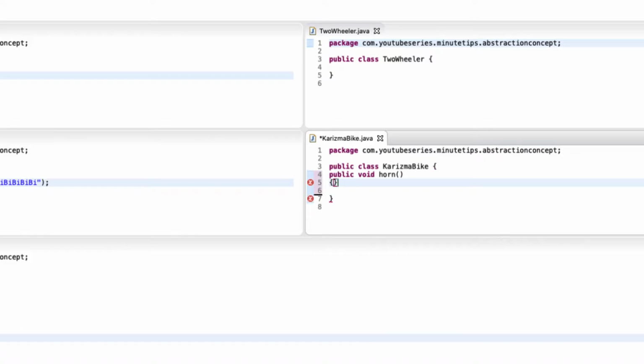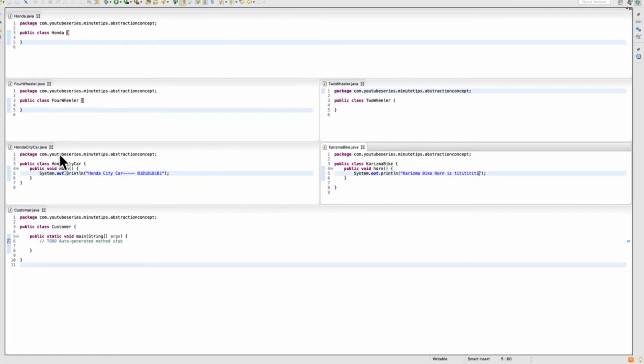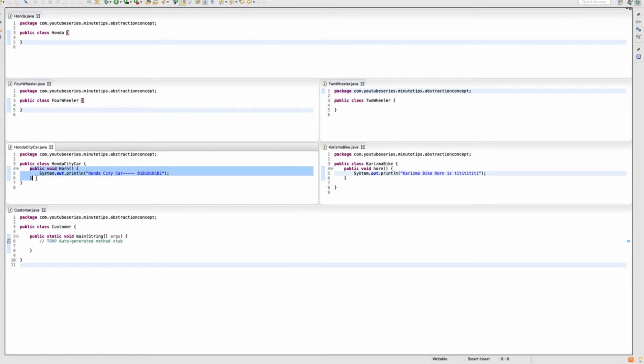And here I'm again going to do a sysout that my Karizma bike horn is, let's say, TTT, something like this. Now as you can see, these two classes, the Honda City class and the Karizma bike class, have methods named horn.